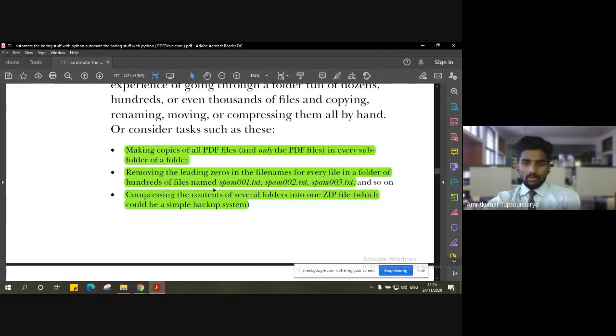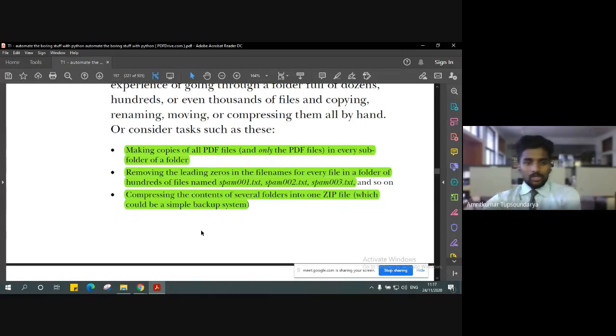So that's another task. And one more interesting task that we are going to see in this chapter is compressing the complete content of a folder into one zip file, right? You must already be doing this, zipping a few files or documents, important folders, scanned documents, or maybe software, operating systems and much more. So you prefer zipping those files in the form of a backup. But how can we make a Python program which will help us zip these files automatically, right?